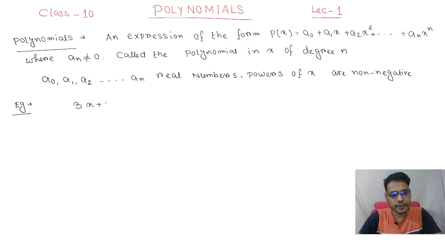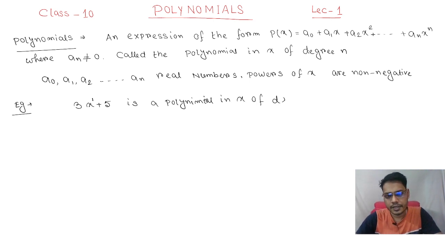First example, 3x plus 5, you have to find its degree. So look at the degree of x, that is 1, so it is also a polynomial in x of degree 1. इसकी डिग्री क्या है, 1 है। तो ये पॉलिनोमियल इसे हम क्यों कहेंगे क्योंकि इसमें जो टर्म्स हैं, कितनी टर्म्स हैं देख सकते हो, 1 2, सो एक से ज्यादा टर्म्स हैं, तो इसे हम कहेंगे पॉलिनोमियल्स। पॉली मीन्स ज्यादा, नोमियल्स मीन्स टर्म्स, तो यहाँ पे 2 टर्म्स हैं, तो ये भी पॉलिनोमियल है, जहां पे x की डिग्री 1 है।